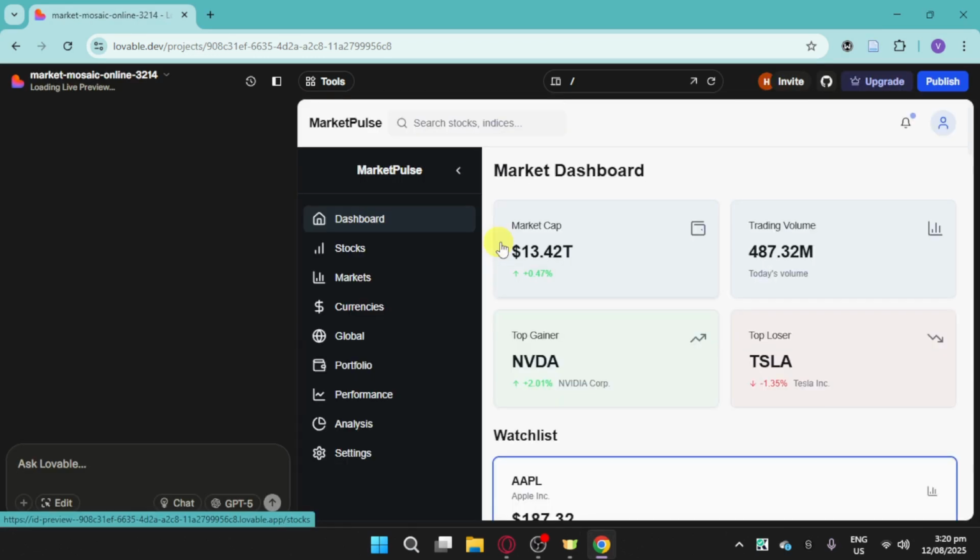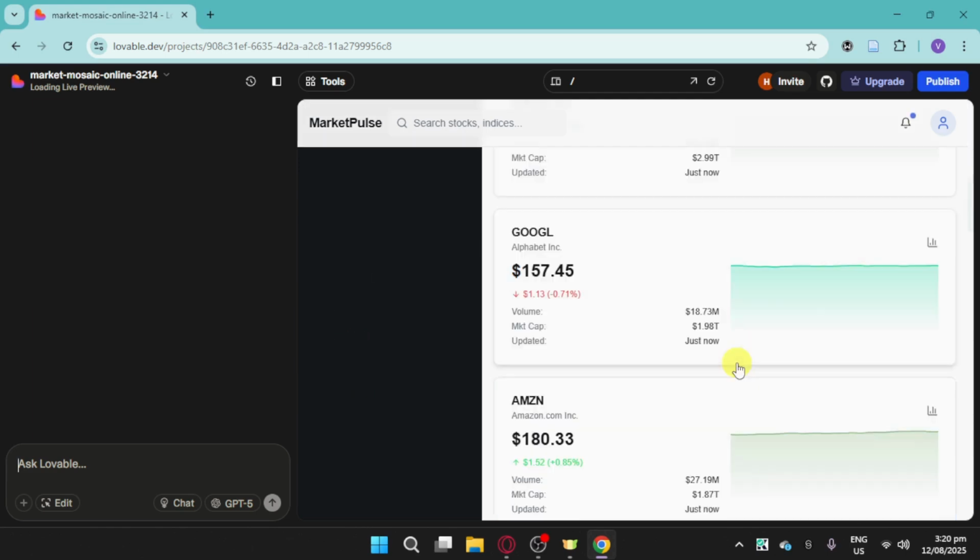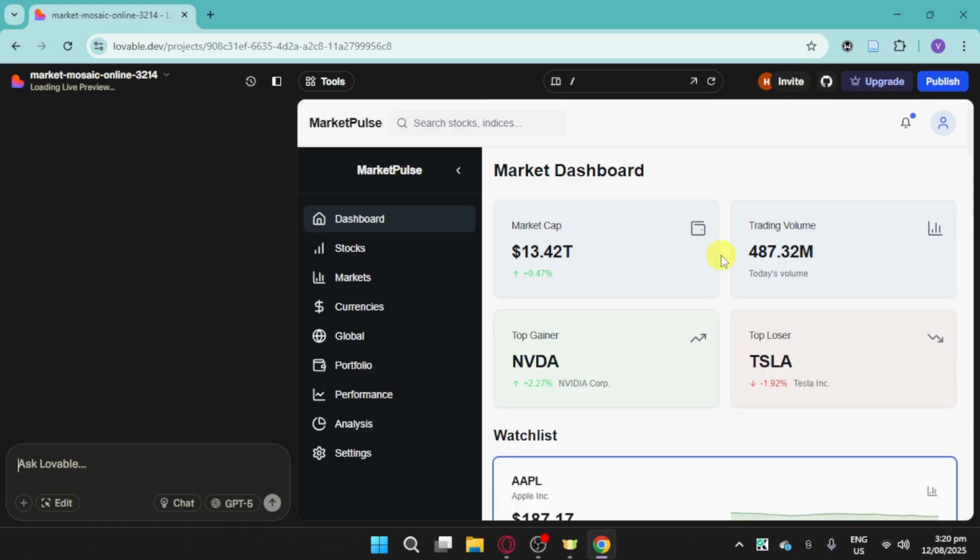You can ask Lovable to make some changes. You can see in here the Market Pulse. You can change in here the name as well as change the actual elements that have been added right here. So if you're interested and you've already made some changes, head over and click on this publish option. Click on this publish in order to publish this particular template that we have